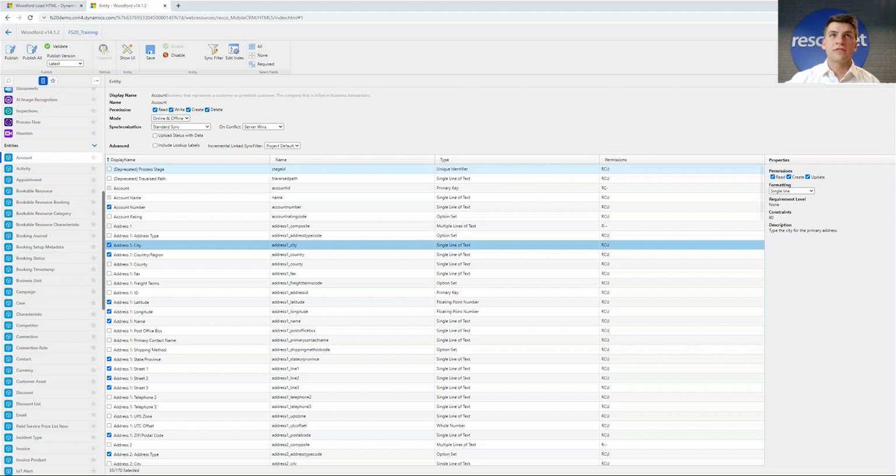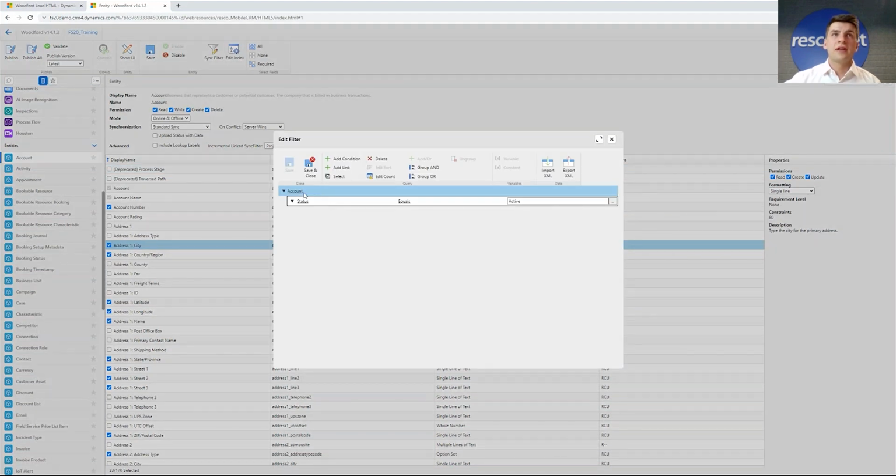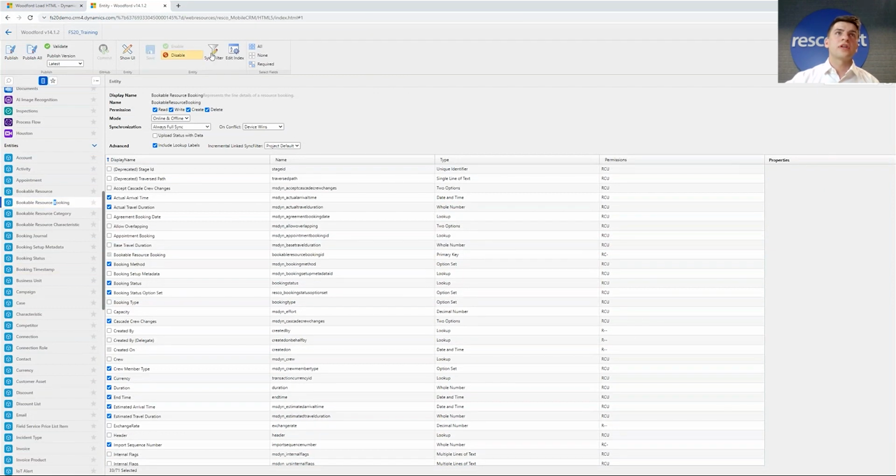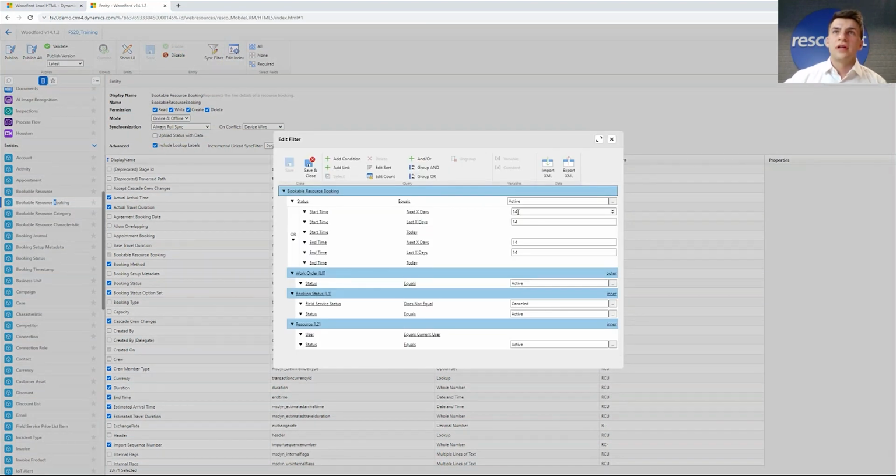This is the synchronization filter, so I can define, for example, that only active accounts should be downloaded into the offline database. For some more complex entity, let's take Bookable booking, the filters could look like this. I only want the bookings based on some time frame and relations to other entities. All right,